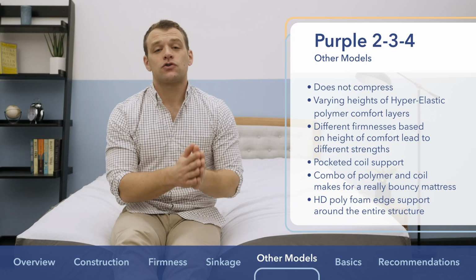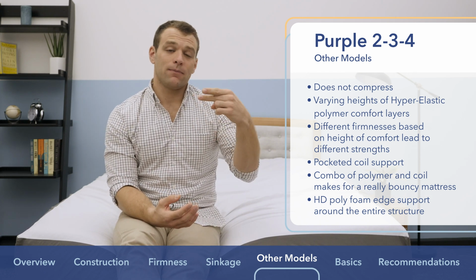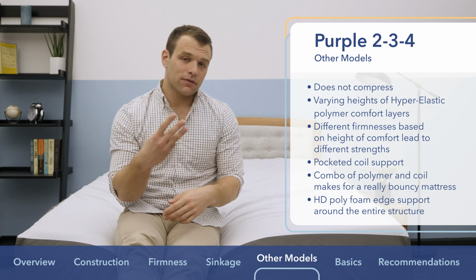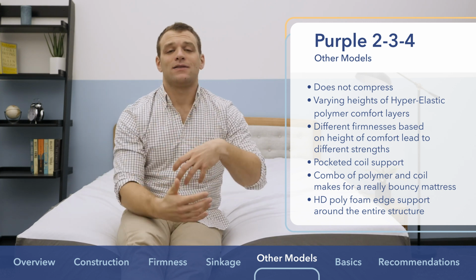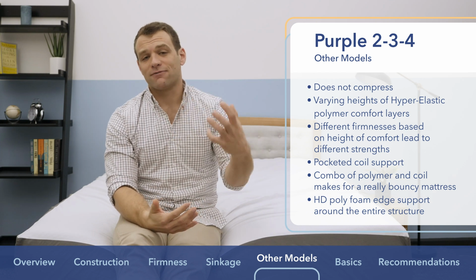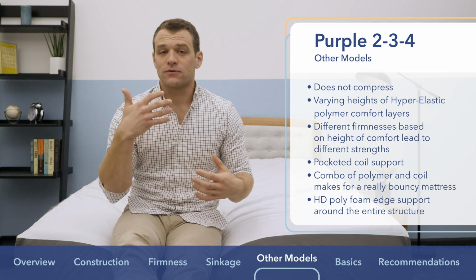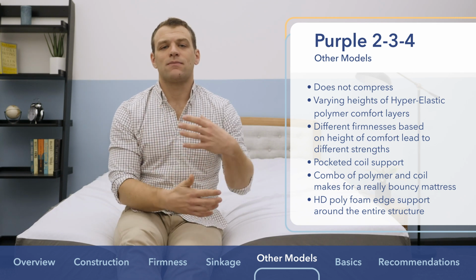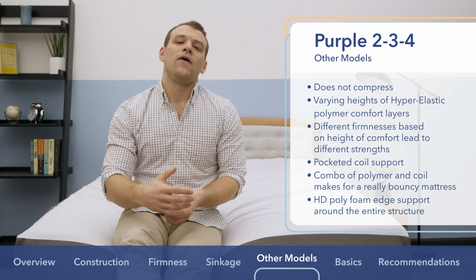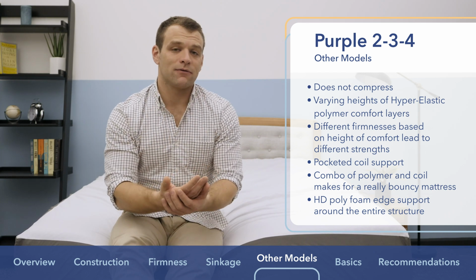Now, the difference in construction comes in with the Purple 2 having a 2-inch hyperelastic polymer grid, Purple 3, 3-inch, and the Purple 4 has 4 inches of hyperelastic polymer on top. Now, the difference there creates really different feeling mattresses, with the Purple 2 being the firmest. I think it's good for stomach sleepers. Purple 3, the medium firmest, good for combo sleepers, that mixture of support and pressure relief. And the Purple 4 being the softest of the 3, allowing you to sink really deep in for pressure relief,